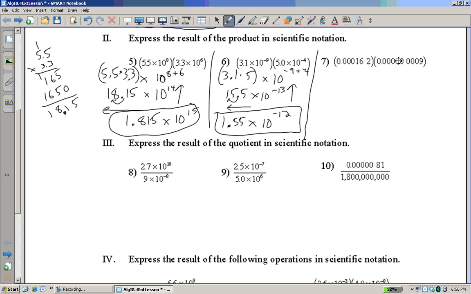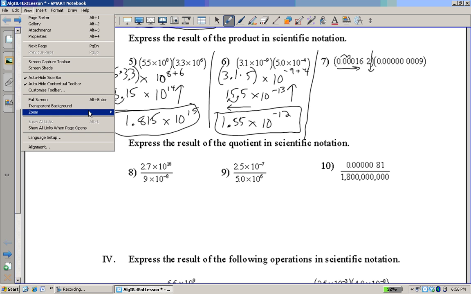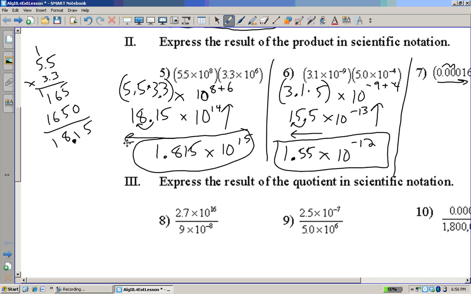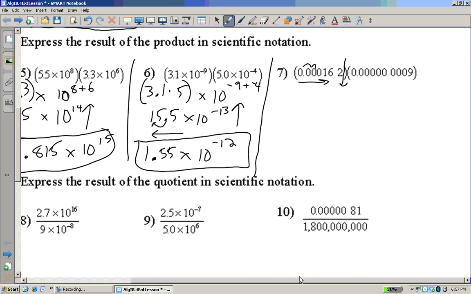All right, now this looks very intimidating until you realize that you just need to put it into this form before you begin. So let's do that. Move the decimal place to the right, which means it goes down. So we're going to move it 1, 2, 3, 4 places. So this is 1 and 62 hundredths